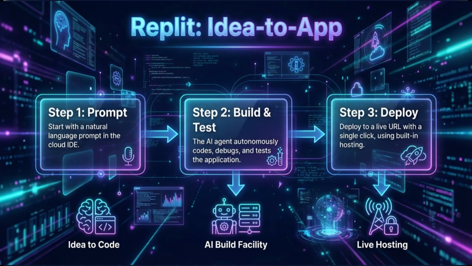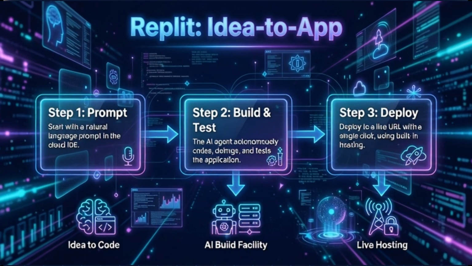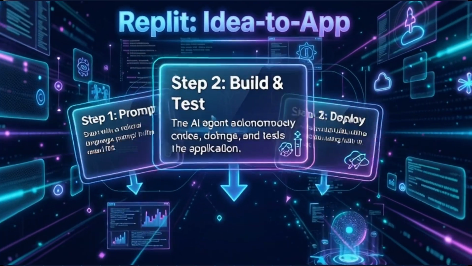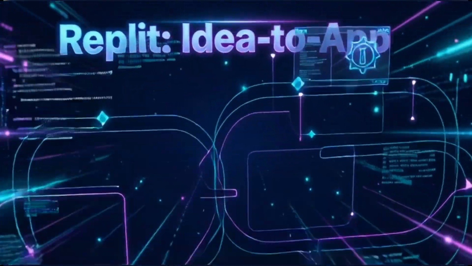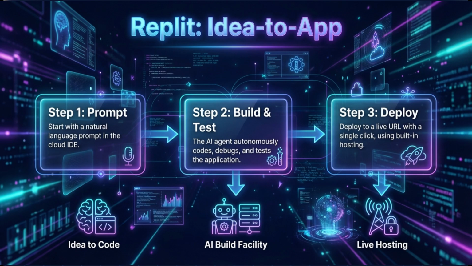Replit's superpower is its completely seamless, all-in-one pipeline. The agent writes the code, builds it, tests it, all right there in your browser. And then, and this is the magic part, you click one button and your app is live on a public URL, SSL certificate and all. It's the whole package, a true factory that turns raw ideas into finished products.